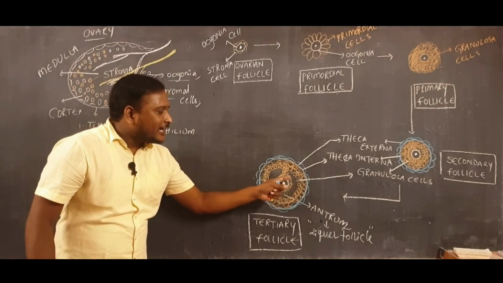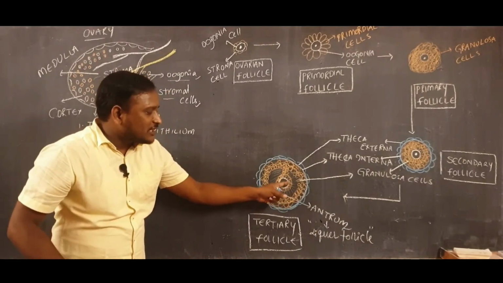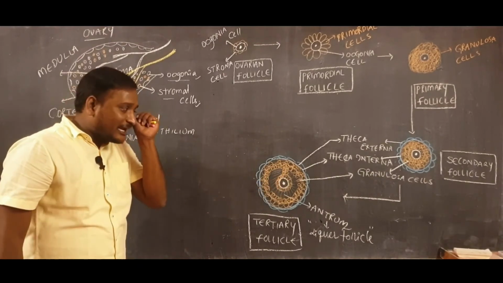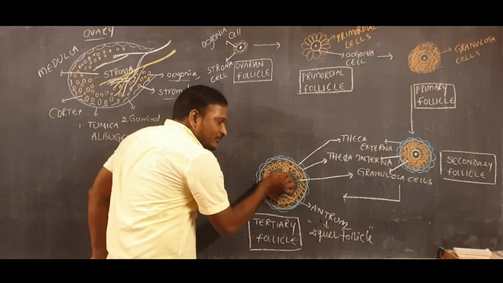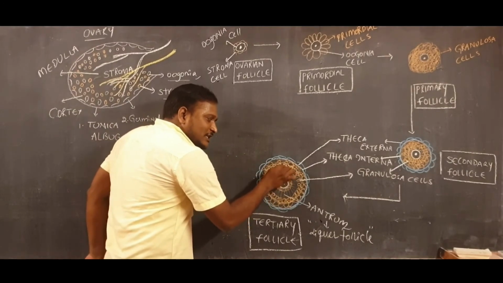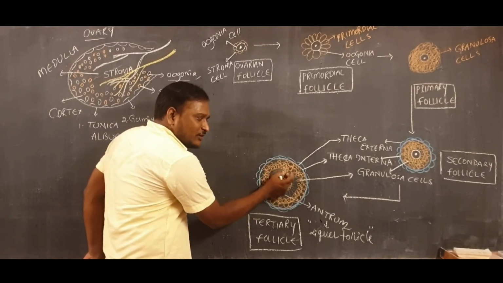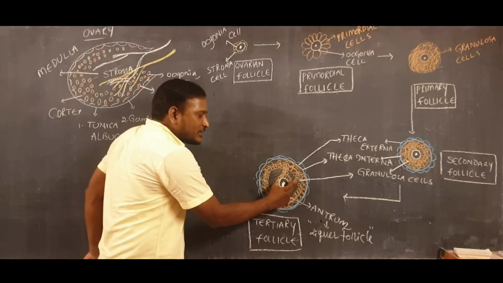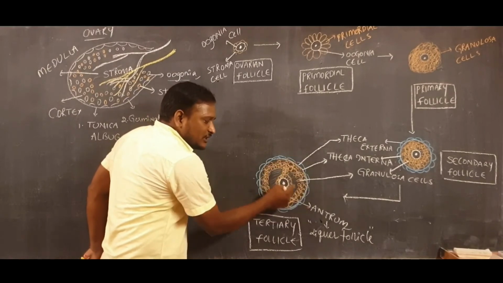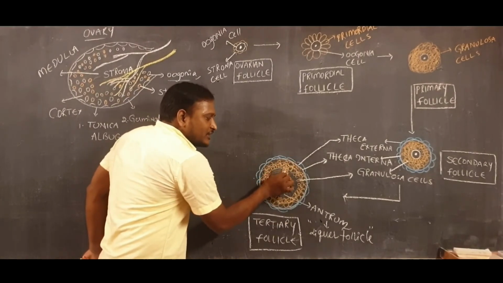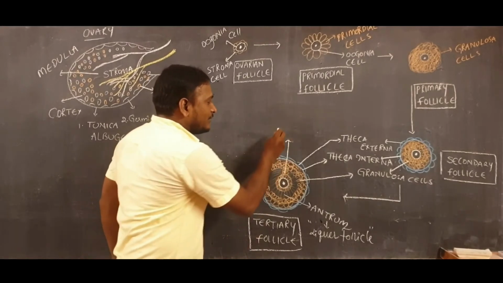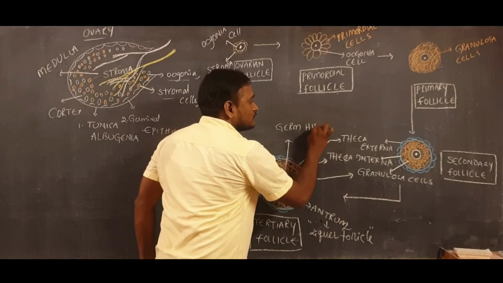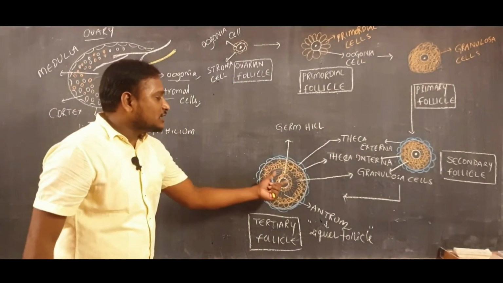that means cavity, and again some amount of granulosa cells. Within that, they consist of this oogonia cell or female gamete. And here you have to observe that when you observe the granulosa cells, there is this connection. Granulosa cells are forming a connection here. That means here one layer of granulosa cells is present, here one layer of granulosa cells is present. Between that, there is a connection. This one is also called germ hill.